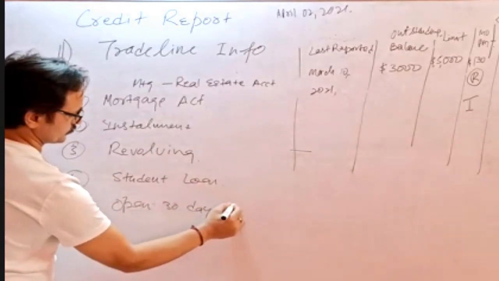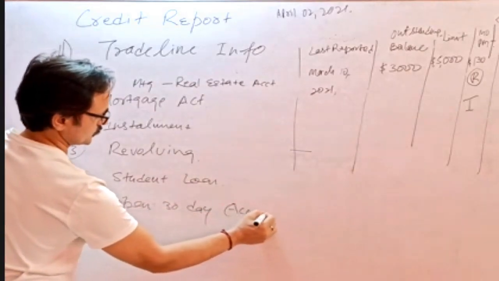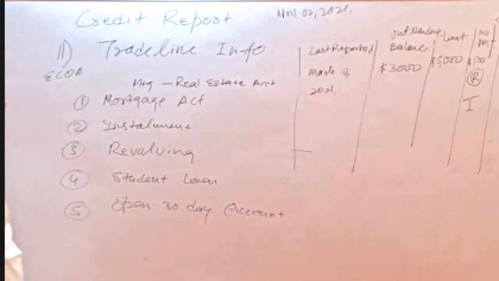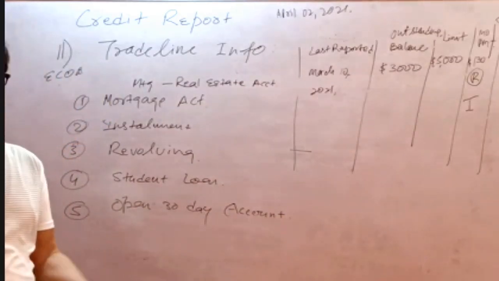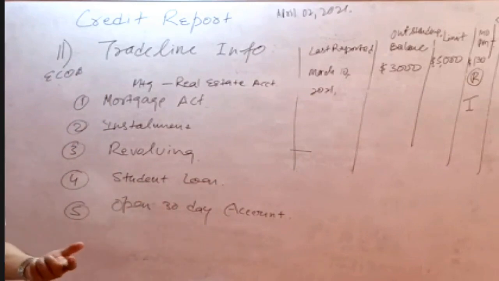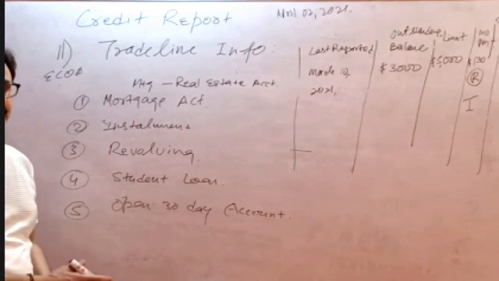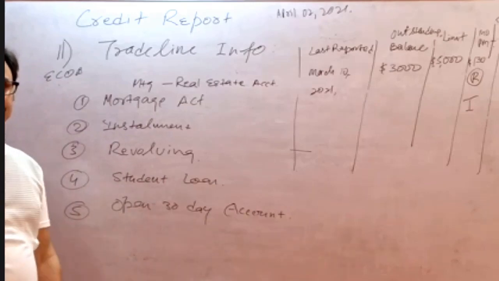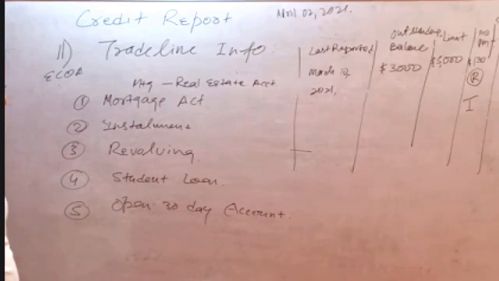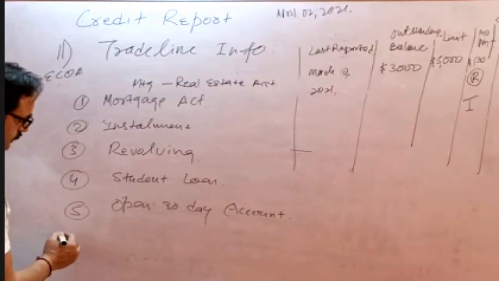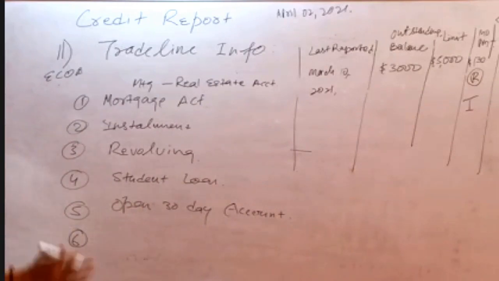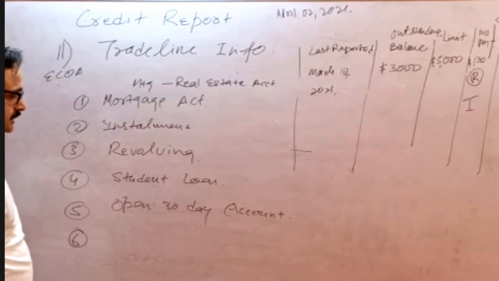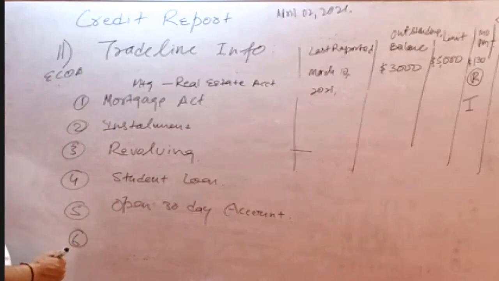30-day account. Like you go to Big Bazaar or any grocery store, and they are going to give you a 30 days card. Now you just need to pay some initial amount, you will get that card, and now you can purchase the entire month with that limit. At the end of the month, you just need to pay the balance appearing in that card. So that is valid for 30 days. I mean, you pay back and then you can utilize next month as well. So that is the kind of open 30-day account.